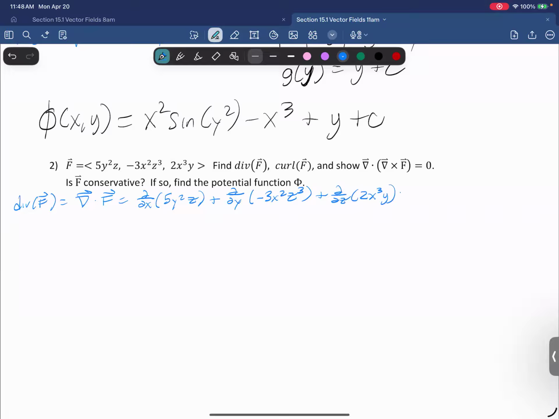But for the sake of completeness, for people that don't recall what this is doing, we're doing that. If I do that, I have